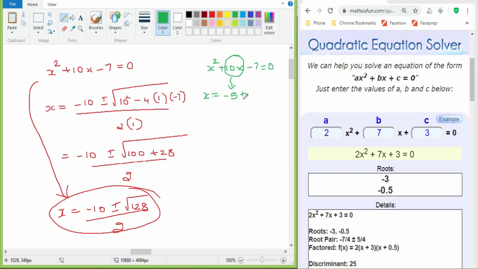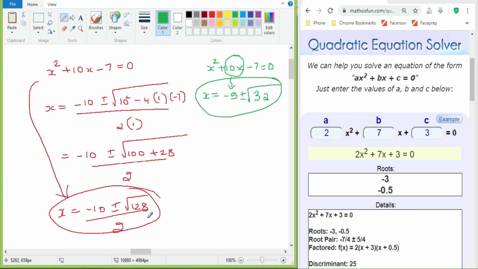Next, you have to write plus or minus. Next, what comes under the root? Since you have written minus 5, what is 5 square? Yes, it is 25. And if this is minus, add plus 7 to it. If it is negative, you have to add positive. If it is positive, you have to take it as negative. So 25 plus 7, that is nothing but 32. If you want, you can check with this. This is the correct answer over there: minus 5 plus or minus root of 32.